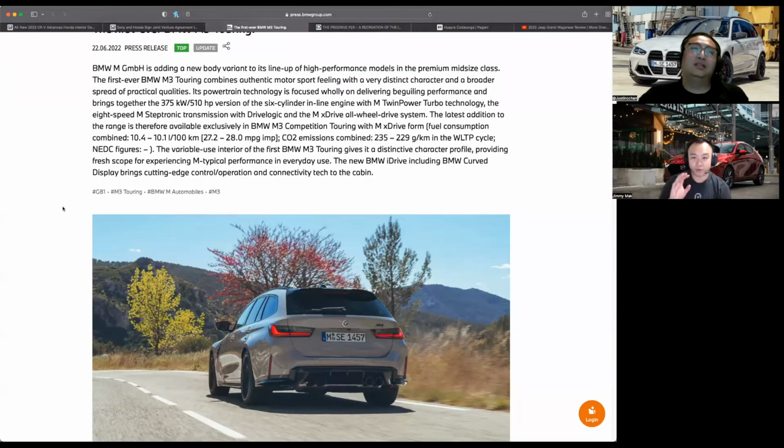Well, first production M3 Touring, because they did tease an E46 concept M3. That was really cool. And then people have done the iteration on the F80 chassis as well. But this one's a legit